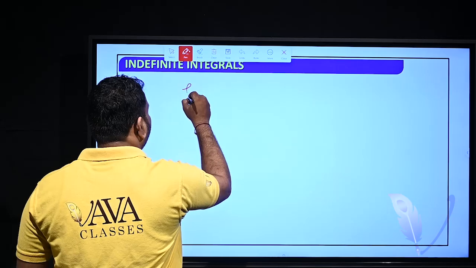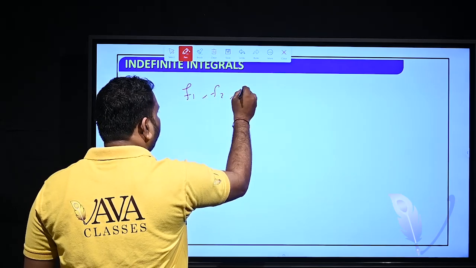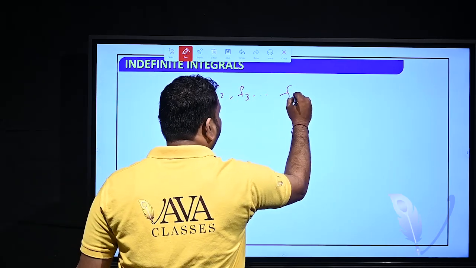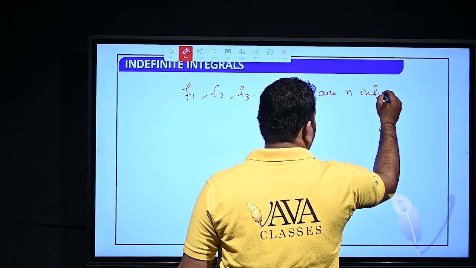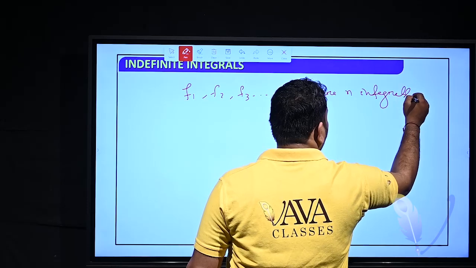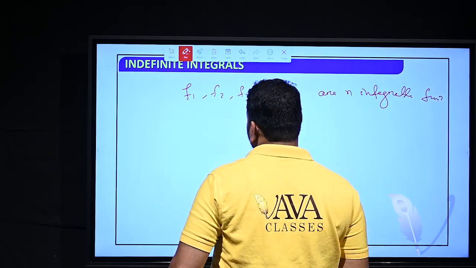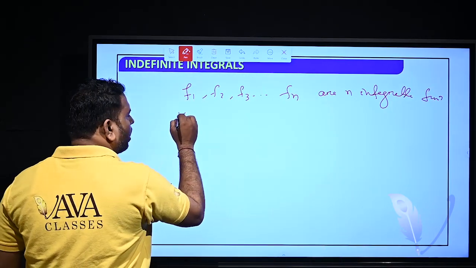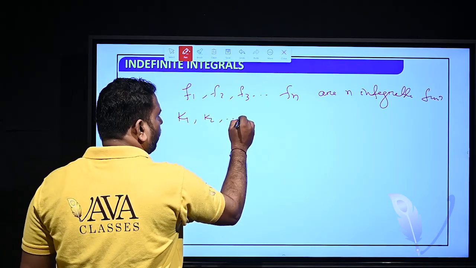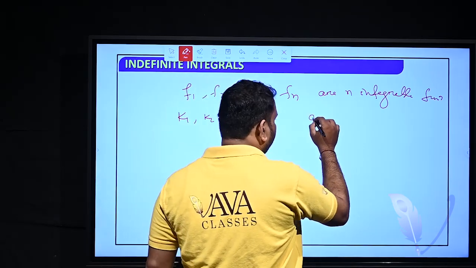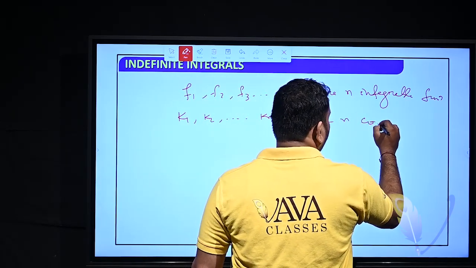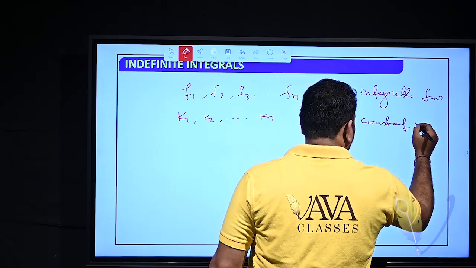So you can write f1, f2, f3 up to fn are n integrable functions, and k1, k2 up to kn are n constants, then